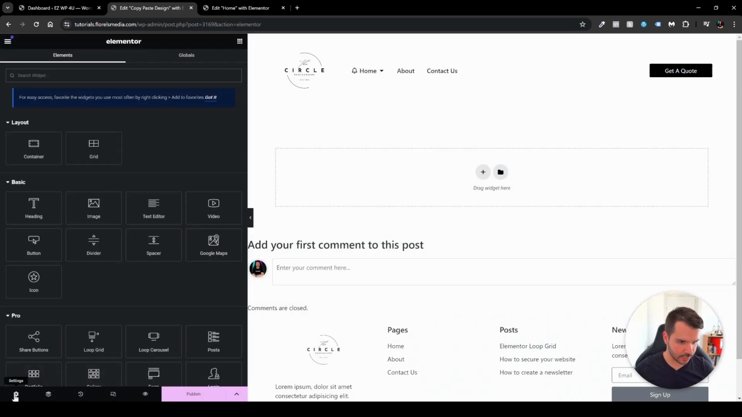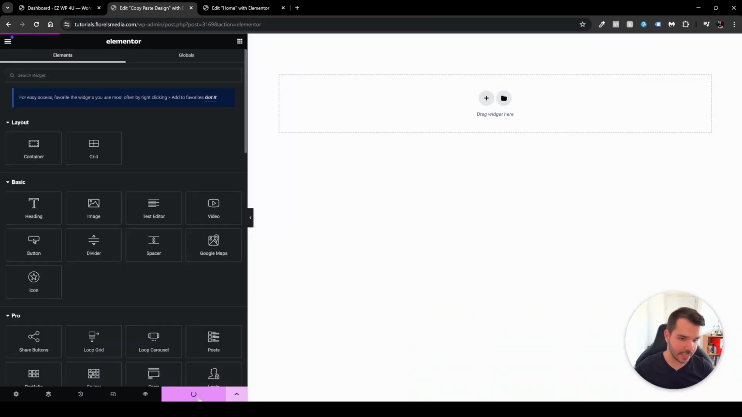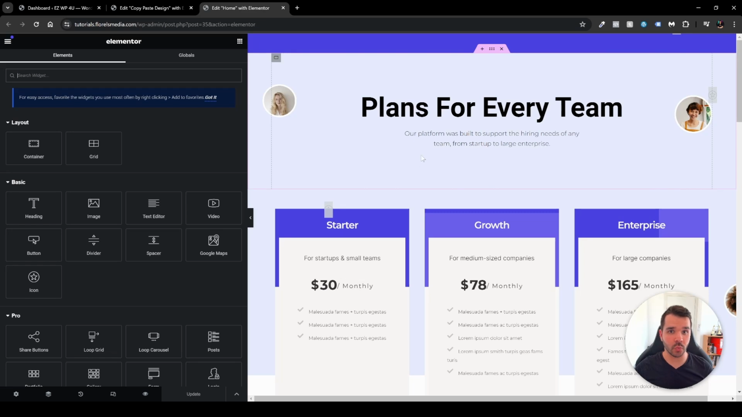So we have everything set up here. I'll open the settings option over here, scroll to the bottom to the page layout, and turn it into an Elementor Canvas, and I'll click update, or publish in this case. What you want to do is head over to the page that you want to copy